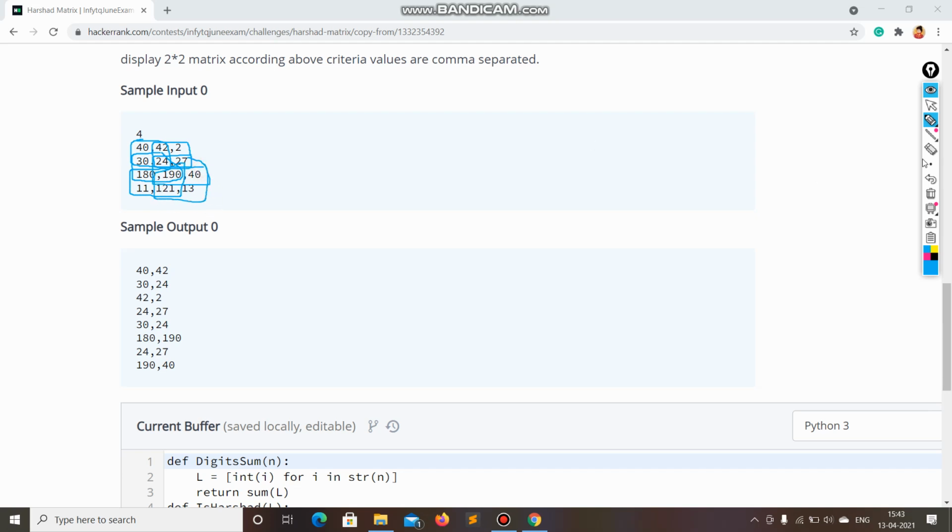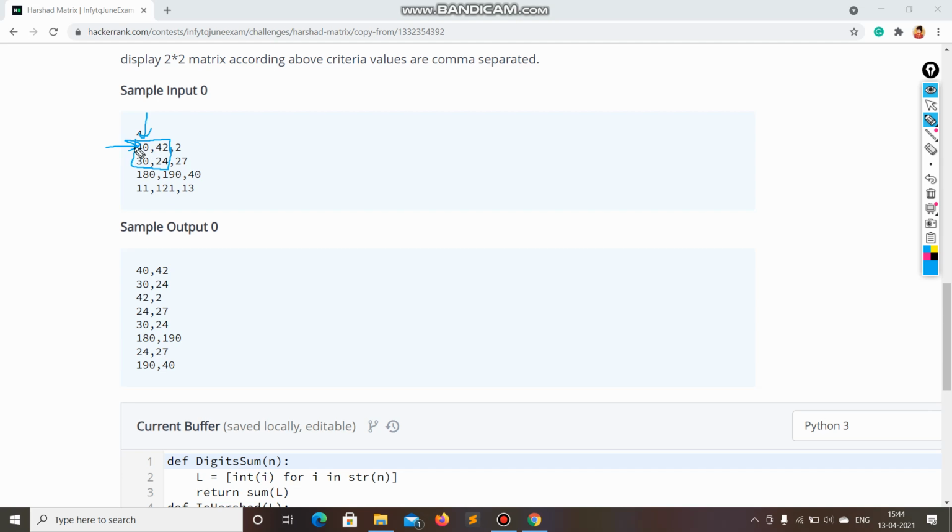How can I do that? First of all I will go into this row and this column. For each row I am taking 2 columns and 2 rows.